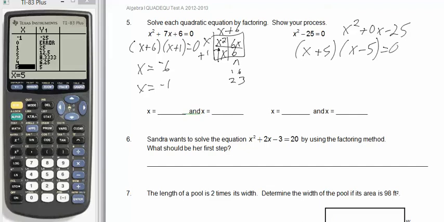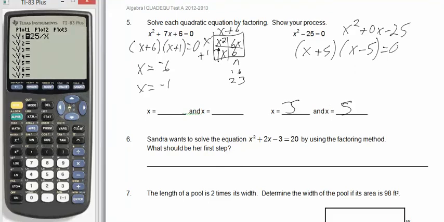Okay? So what makes this 0? Oops, sorry, the other way around. What makes this 0 is negative 5. What makes this 0 is positive 5. Or we could have just done x squared